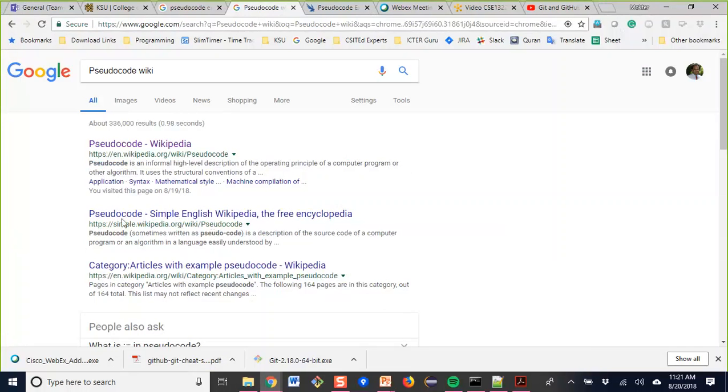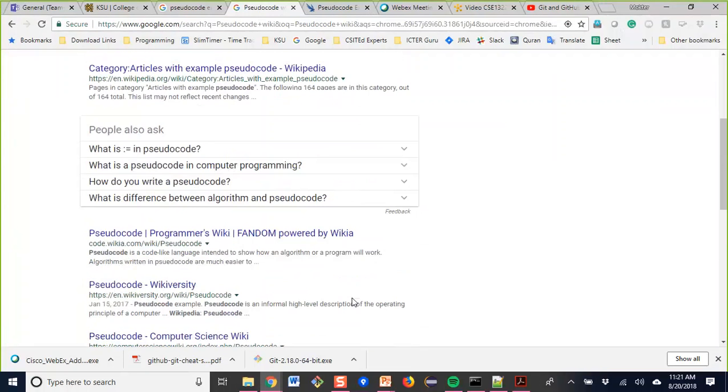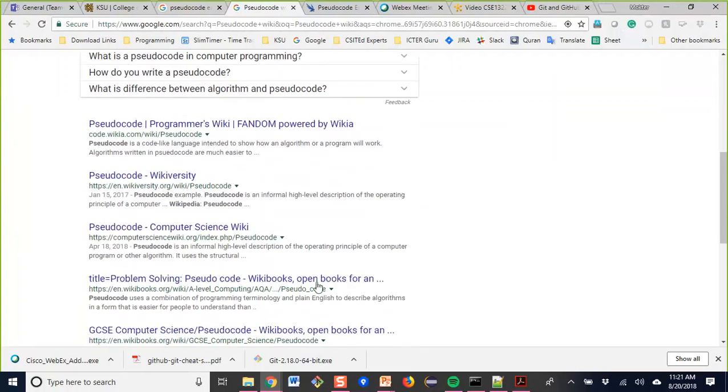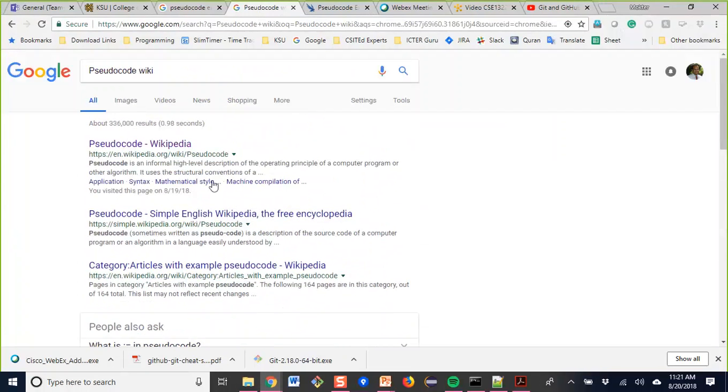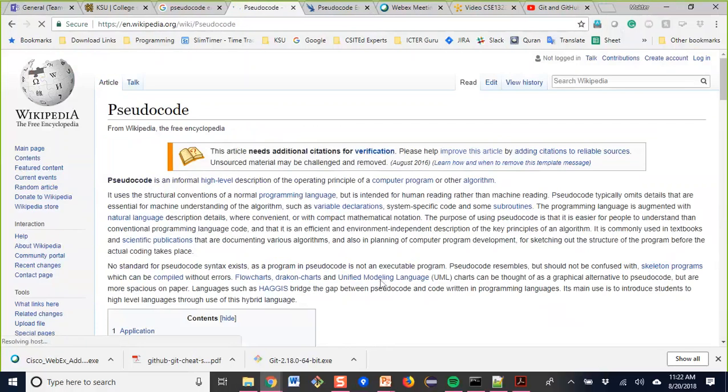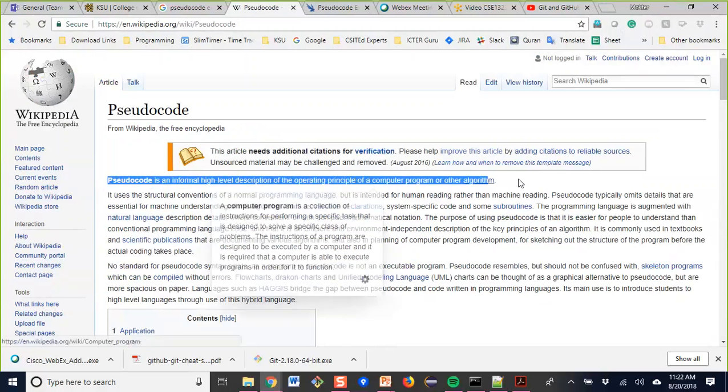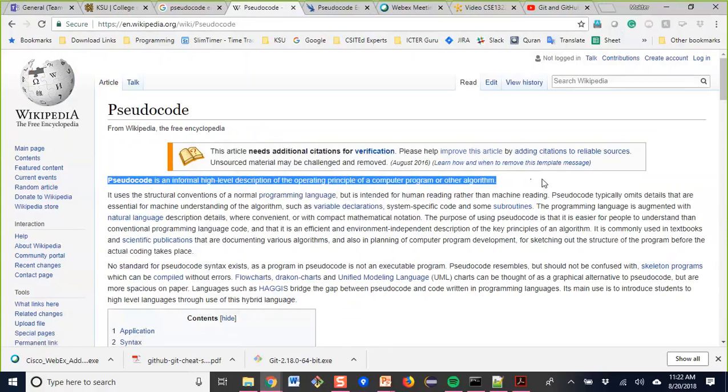You can get the definition from here, and if you go down, you will see tons of information available online about pseudocode. The first line says pseudocode is an informal high-level description of the operating principle of a computer program or other algorithm.